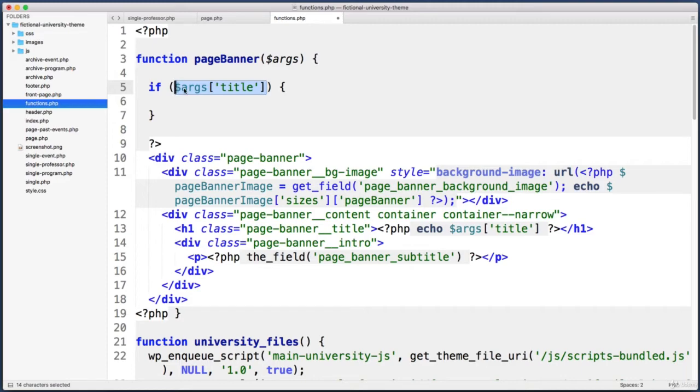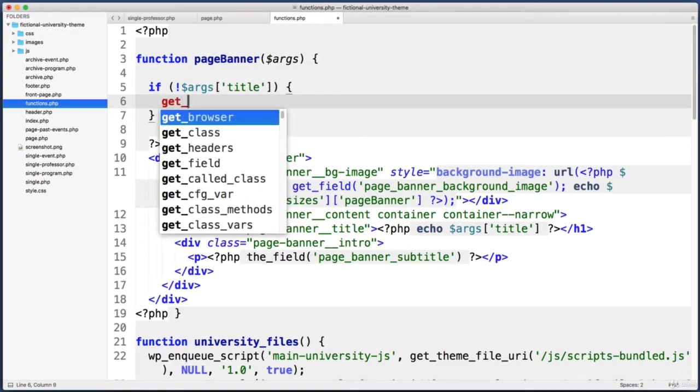And as long as the title exists or is not completely empty, this will evaluate to true. But if we want to check for the opposite of that, we can just begin this with an exclamation. So we're saying only if this function got called and a title was not passed into it, only if that is the case, then let's just set the title to the WordPress title field for that post or page, right? So in WordPress, we know that you can get the current title for a page or post by running a function named